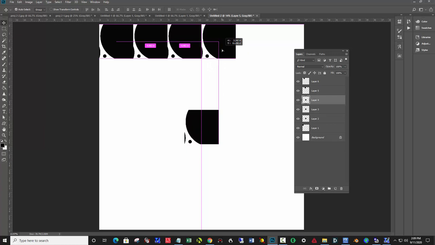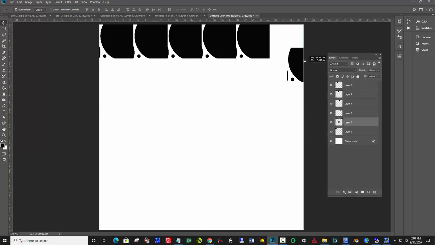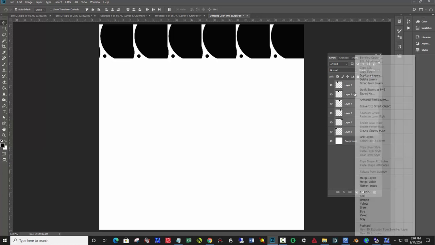Line up left, right, top, and bottom. Okay, that means they're snapped perfectly and aligned perfectly. Just like that, snap it in there. So we could keep going this way to fill the whole frame, or we could work smart and collapse these together, keep them off the background, copy and paste that. So I'm going to click on the bottom layer, hold Shift, click on the top layer, right click, merge layers,